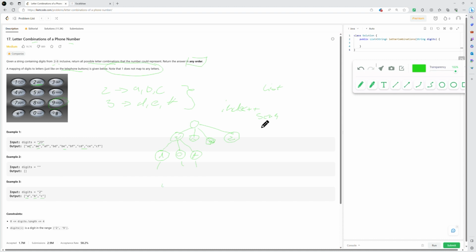So the maximum width that we can have is 4, and the maximum depth that we can have here is the number of digits that we have, which is n. So the time complexity will be 4 to the n times the computation that we do on the leaf nodes. And in our case, it will be n, because we will be using a string builder to generate a new version of the string using the digits, and we will convert that string builder to a string,